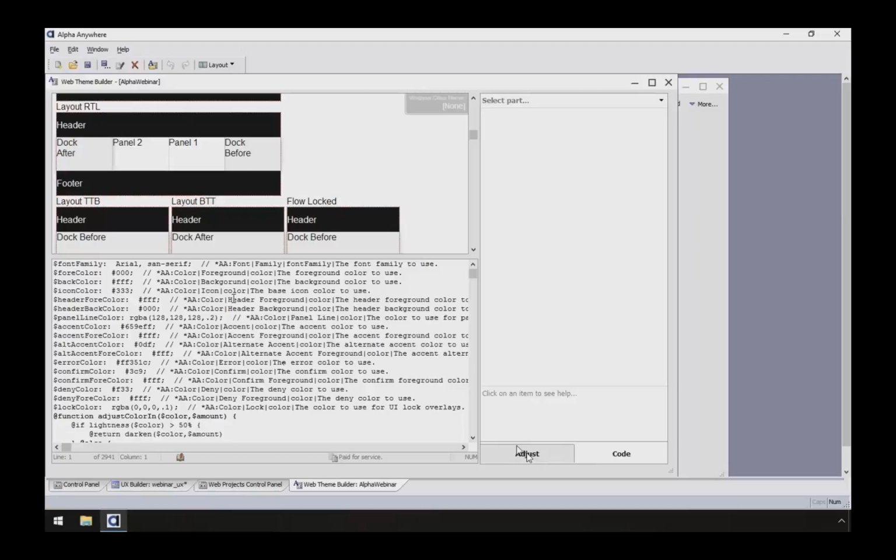I'd like that to be more, let's say we talked about last week, a burnt orange. And I'm just going to make a quick example of that there. So once I've done that, it's done two things. One is that it's gone ahead and edited my style to change that accent color,